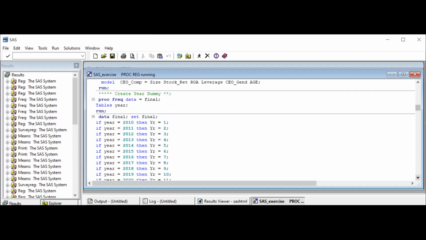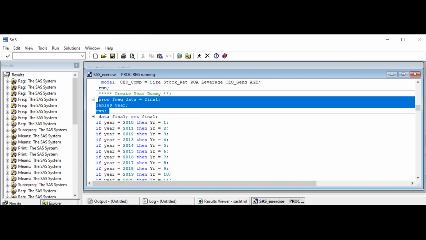I use very basic coding, and I'll explain the dummy variables, right? Sometimes there might be some unobserved factors. I have the COVID-19 year, 2020, right? There are several things that happened at that time. So I will control for those by including year dummies. How can you do that? So if I run, see,